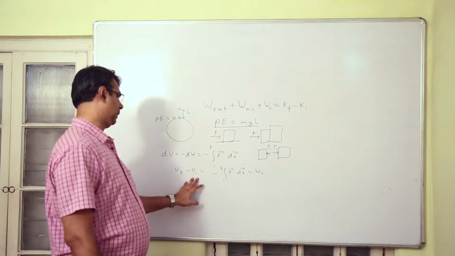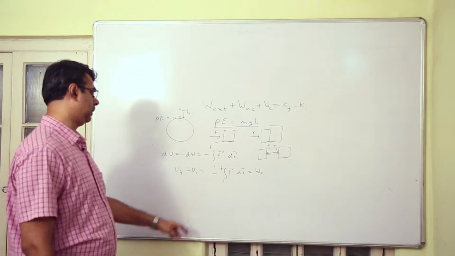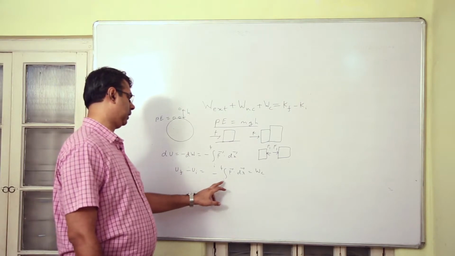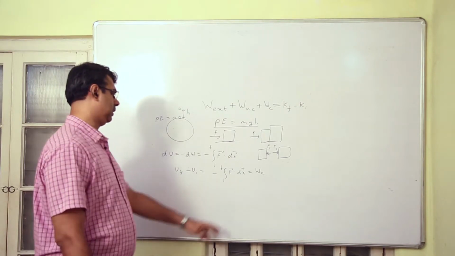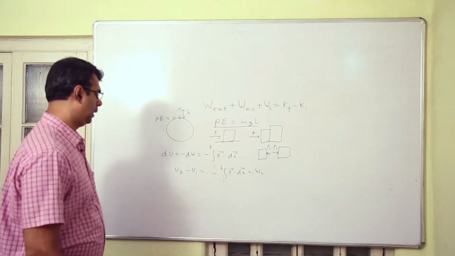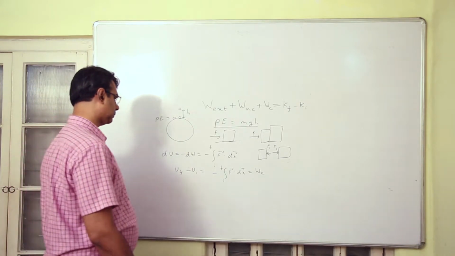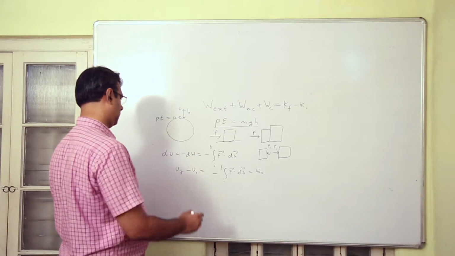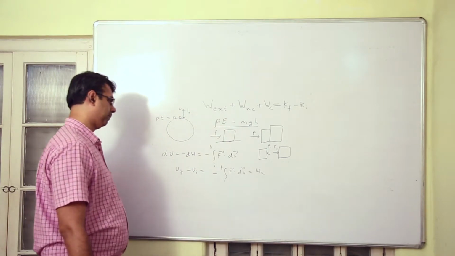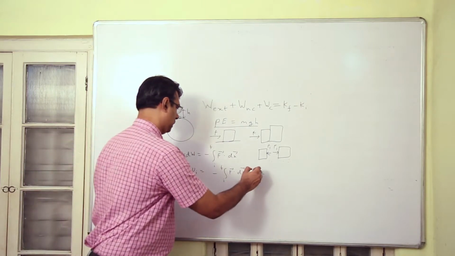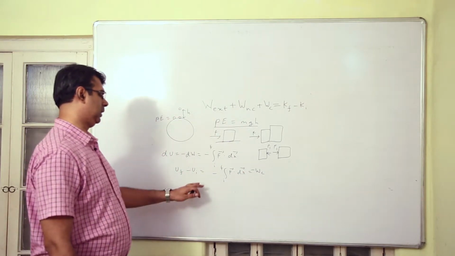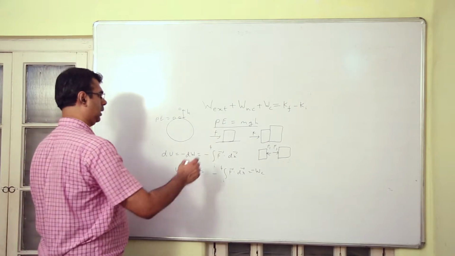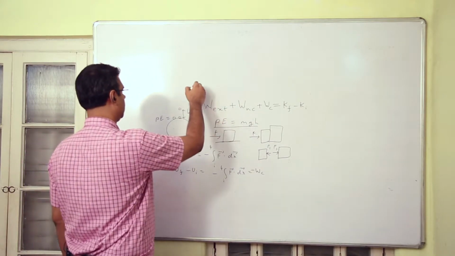So UF minus UI will be equal to minus the integral of F dot dr from I to F, that is equal to minus WC. In this particular discussion, we can now come back to this original equation and say